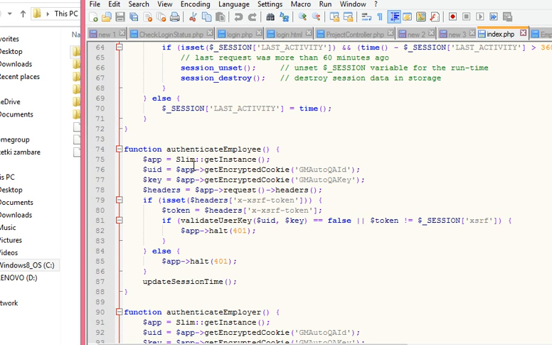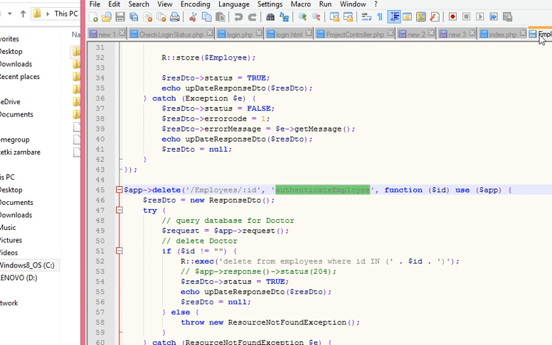the Slim instance, and then it gets the encrypted cookies which were created once the user logged in, and it also checks the header XSRF token in every request which is coming. So once I get the delete request, before the callback function gets executed, the authenticate employee will get executed,